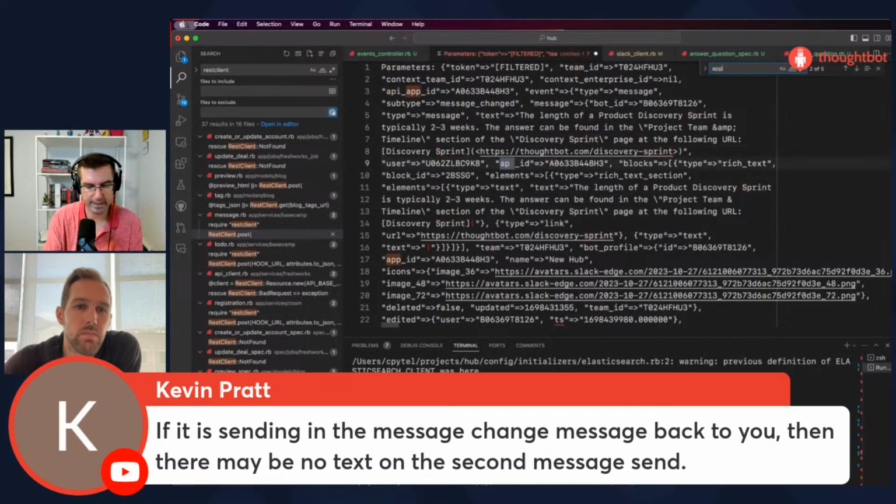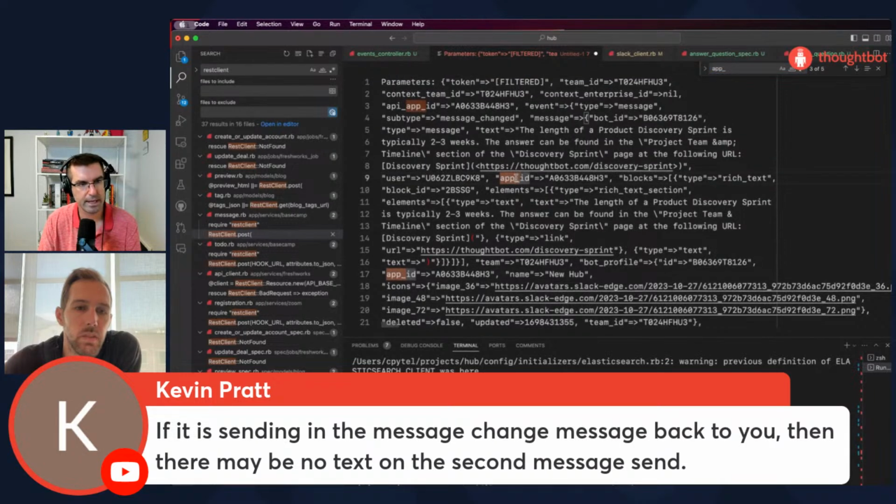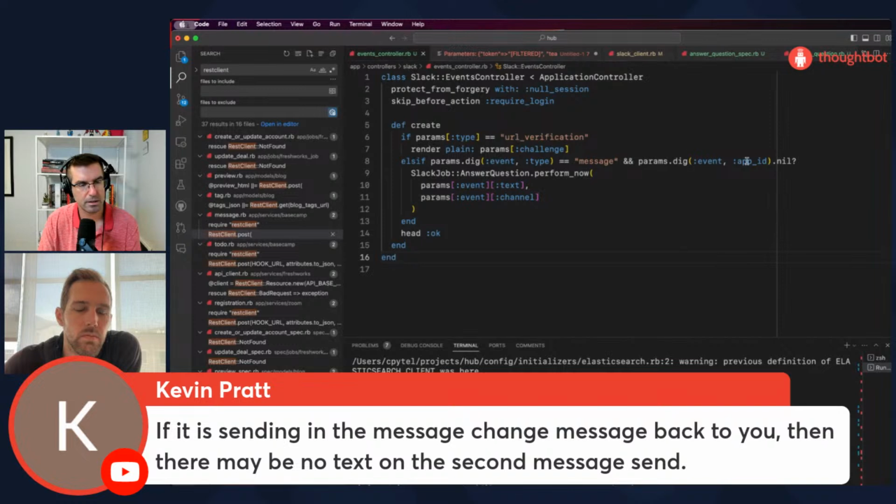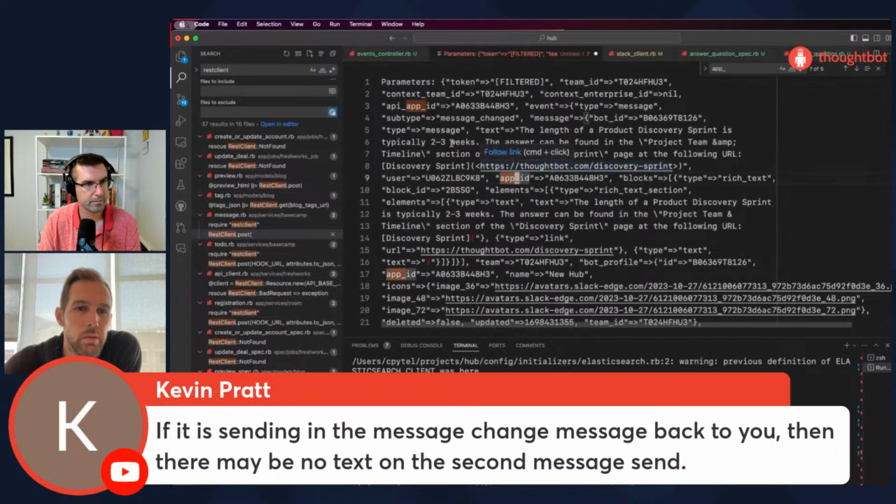But the reason I didn't think it should process this is because app ID is not nil, and we're saying don't do things. Is app ID in the same place? You would think it would be.